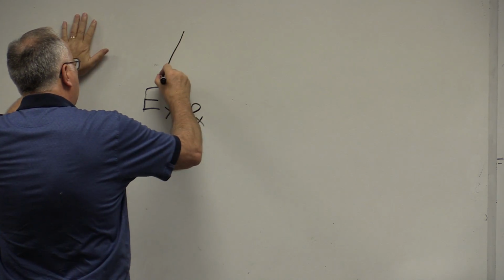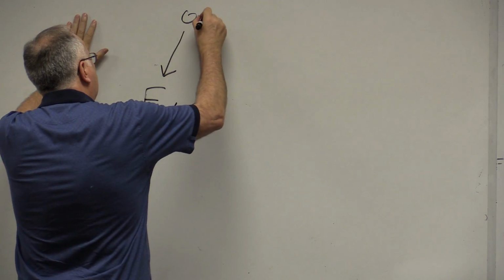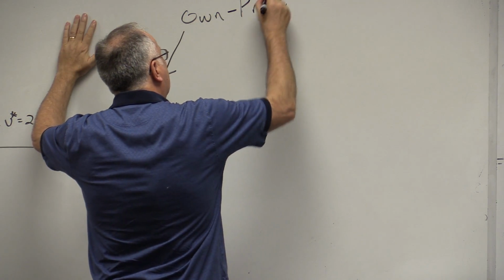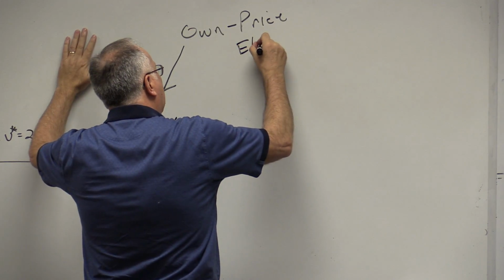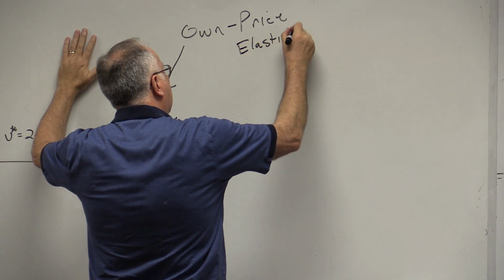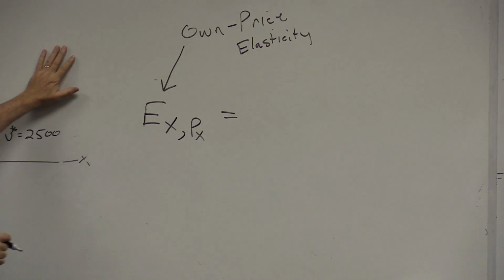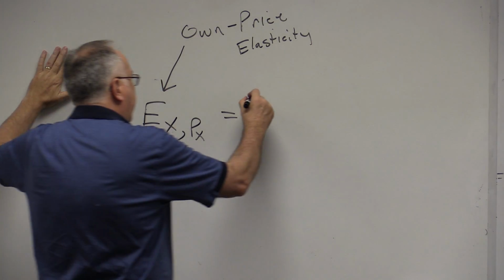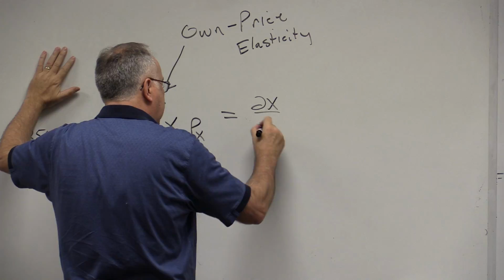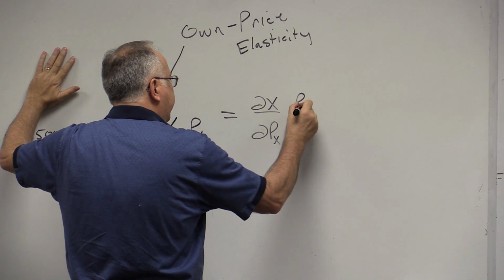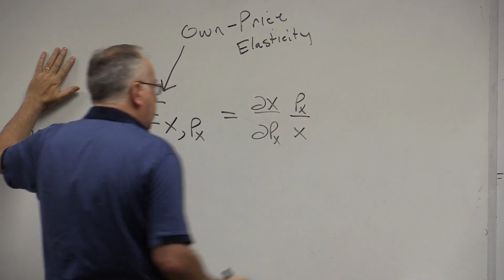We'll call this the own price elasticity. Well, first of all, what's the formula? Partial X over partial Px, times Px over X. You got it, Ian. Exactly right. Now, intuitively,